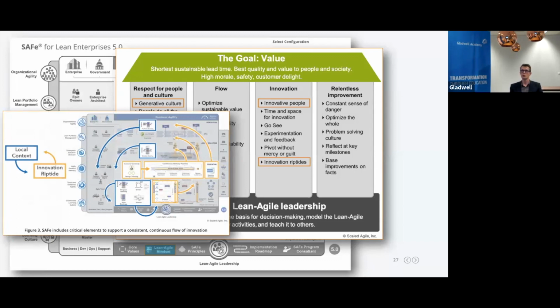Innovation riptides, a new word as well. The idea there is that we cannot just do some gambas and some hackathons, etc. We can do that, of course, but it's just not enough. This really ties into principle number 9, decentralized decision making, and have a real top-down and bottom-up approach to innovation altogether. So to really unleash the opportunities.